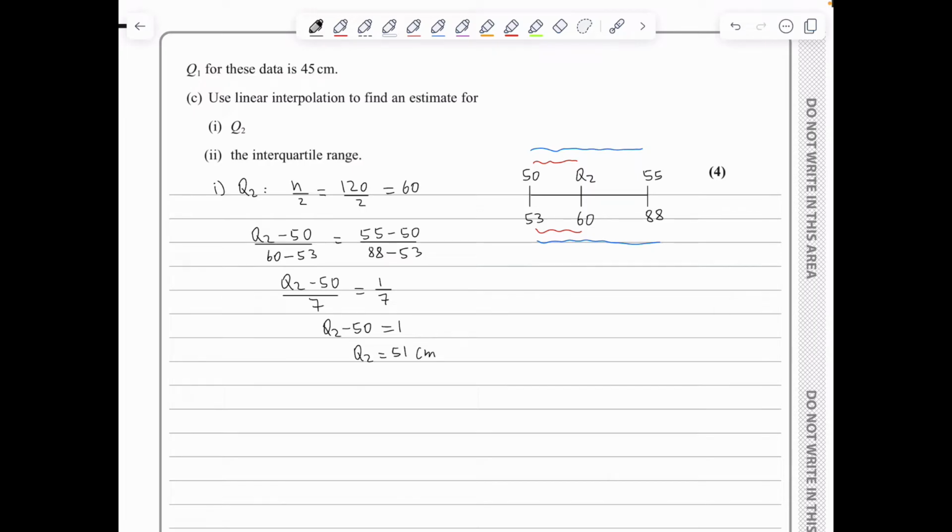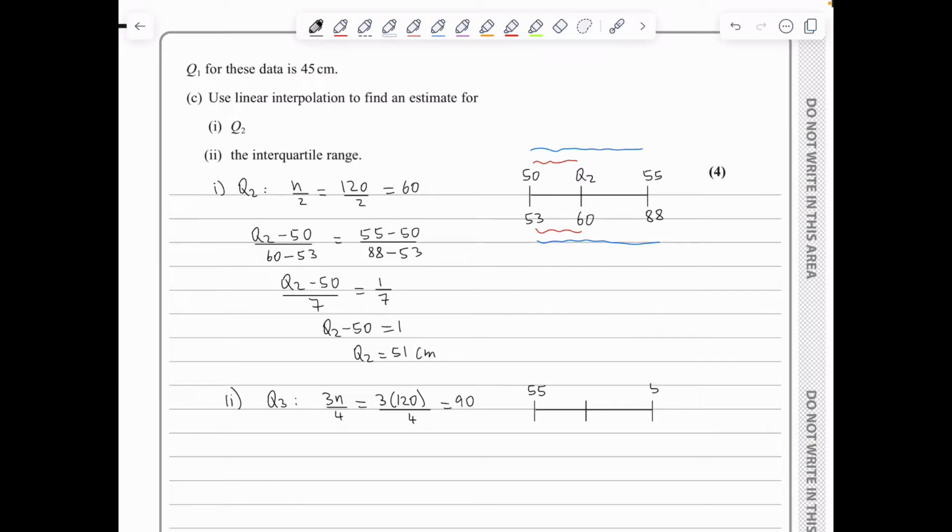Now for Q3, I will follow a similar approach. So for Q3, I will be evaluating 3n over 4. So it's going to be 3 times 120 divided by 4, which gives an answer of 90. So if I look in my frequency table, I see that the 90th observation is between 55 and 58. So in this case, I've got the 55, the 58,